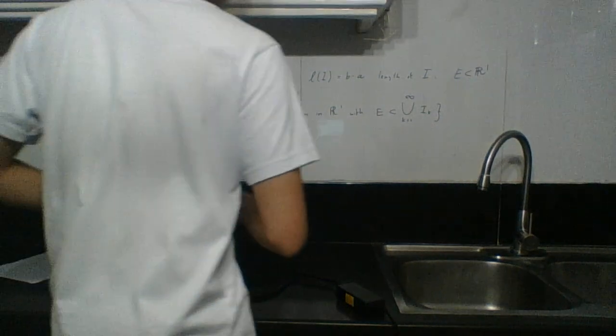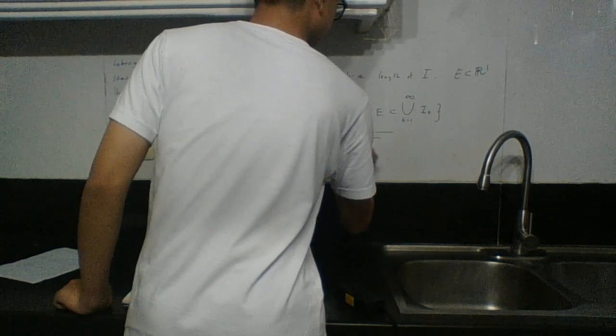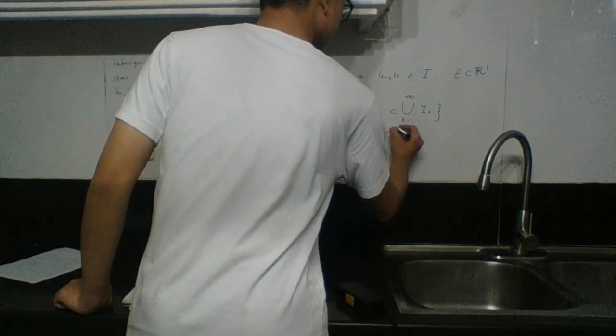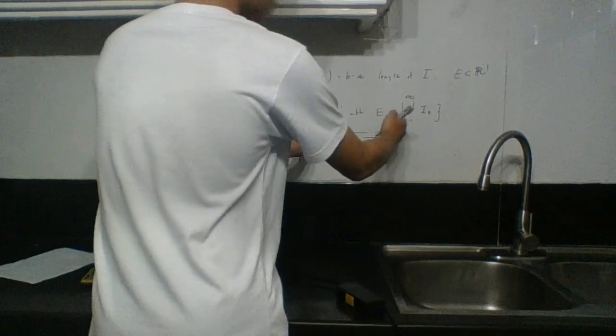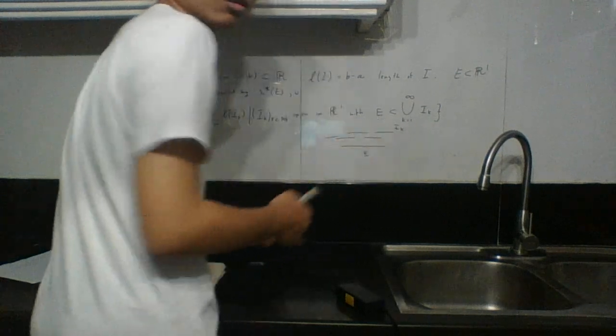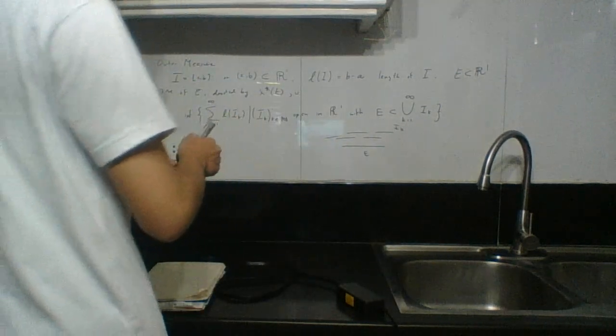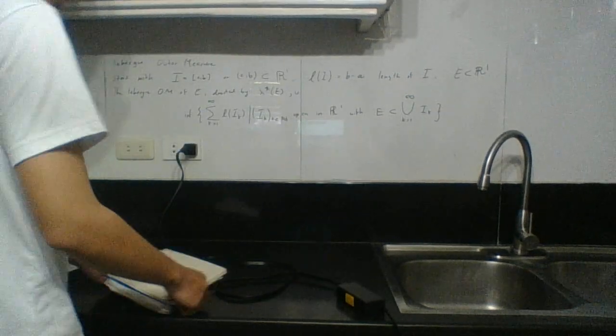So originally, you have a bunch of overlapping sets, and then E is inside here, and then this is I_k. When we minimize all of these, they start getting smaller and smaller, and then they eventually become E. So that's what we mean by taking the infimum of this entire thing. Alright? So now that we have defined the Lebesgue outer measure,